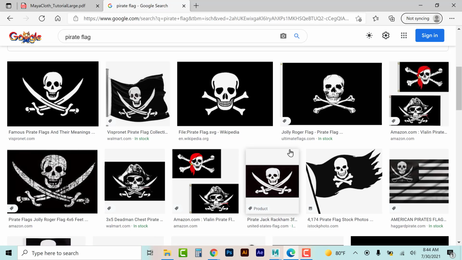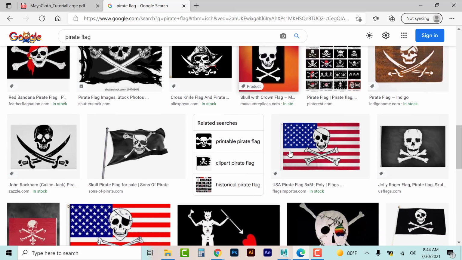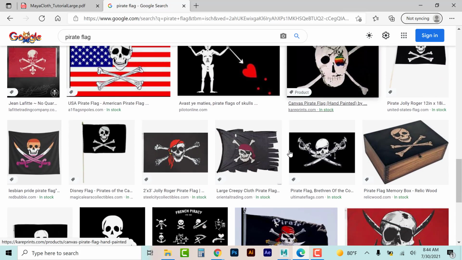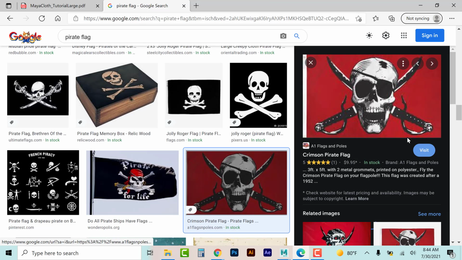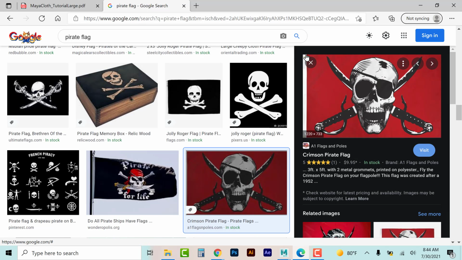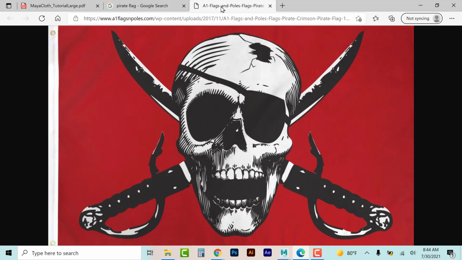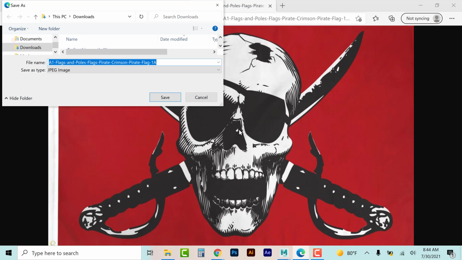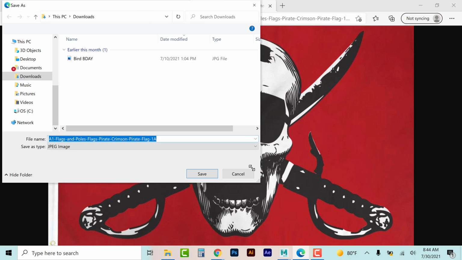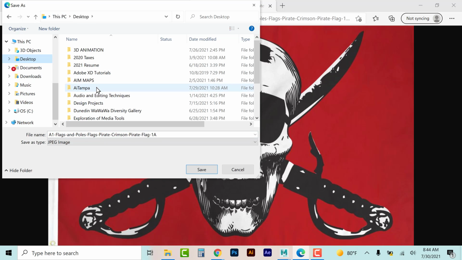Let's just go with, I'm just looking for, well, we could do a red one. Why not? Let's go with this one. Okay? Now, I'm going to simply just right-click and open that image in a new tab, which allows me to see the full-size image. Right-click and save image as. Now, this is what's important, though. Where we save this flag image needs to be